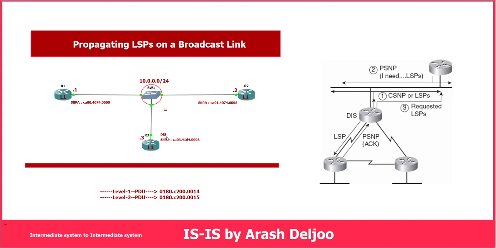Assume that, for example, R1 sent the CSNP with a specific LSP, for example, the LSP of router 1: 0000.0000.0001.00-00, and the sequence number 0x00000004. Okay, this is the sequence number, and after that, this CSNP